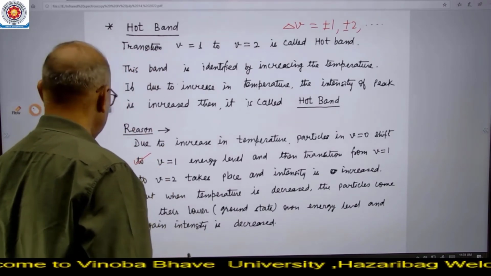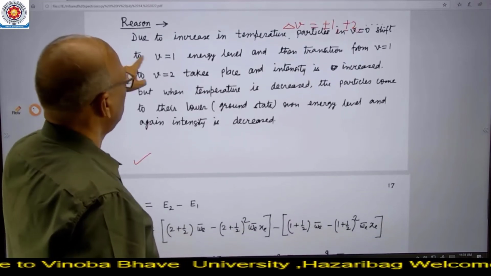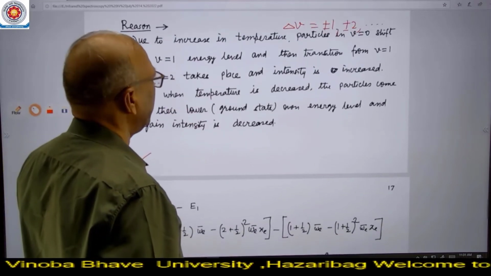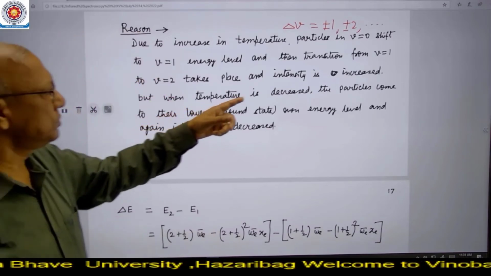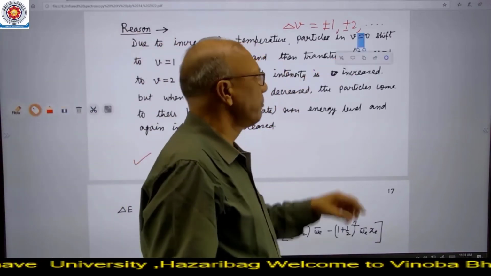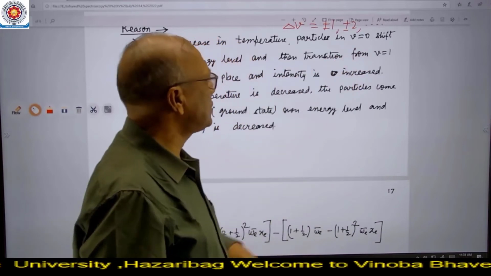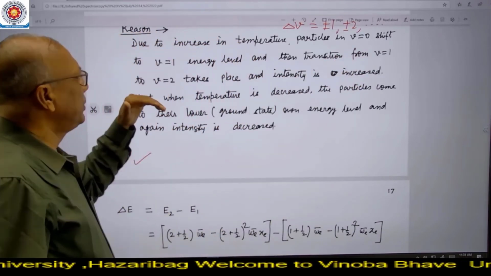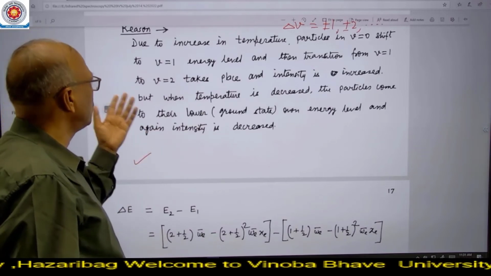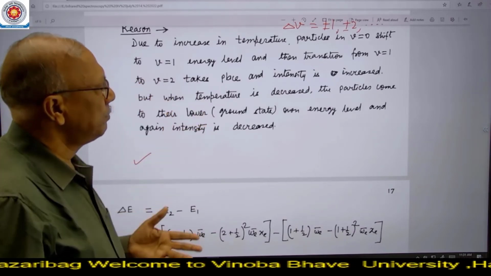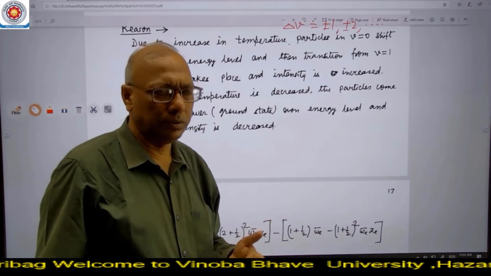The reason for this is the following. Due to the increase in temperature, particles in V equal to 0 shift to V equal to 1. V equal to 0 is the lowest energy level, and V equal to 1 is the energy level just above the lowest energy level. So when we increase the temperature, particles present in V equal to 0, that is in the lowest